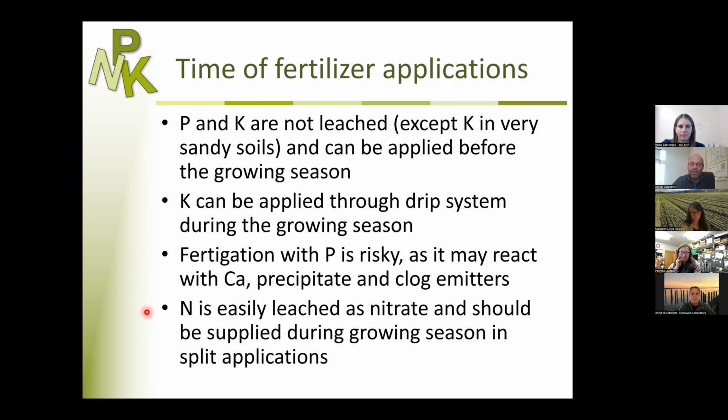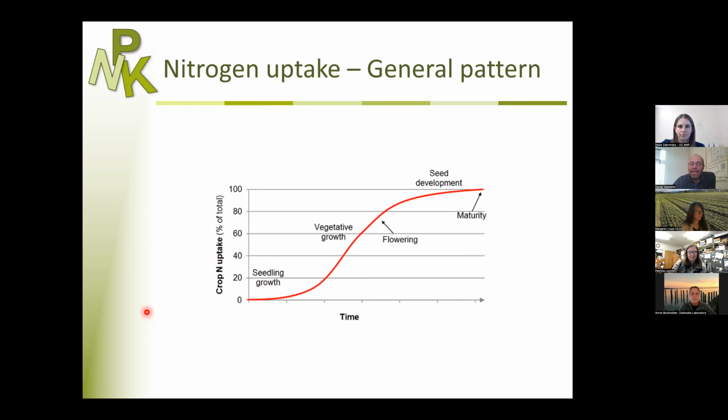So the question is, of course, when do the crops need nitrogen or nutrients in general? And for many crops, the uptake curve is S-shaped. So here on the horizontal axis, we have time from seeding or transplanting to harvest. And the y-axis is just crop nitrogen uptake in percent of the total. And normally after seeding for the first month or so, crops need very little nutrients because even though they start growing very quickly, the biomass is still relatively low